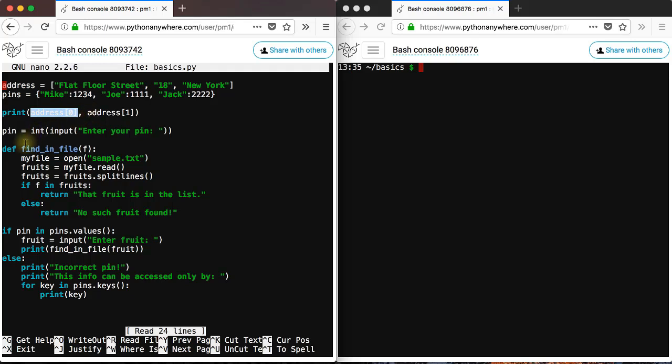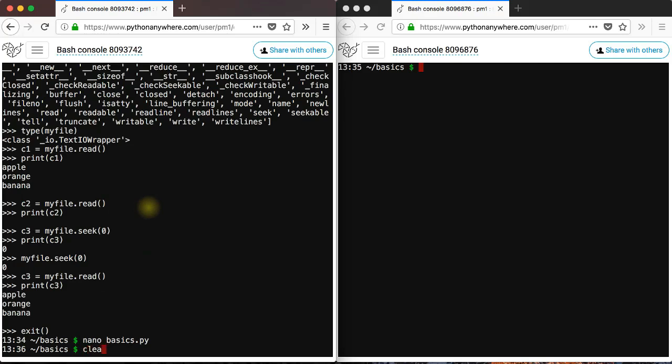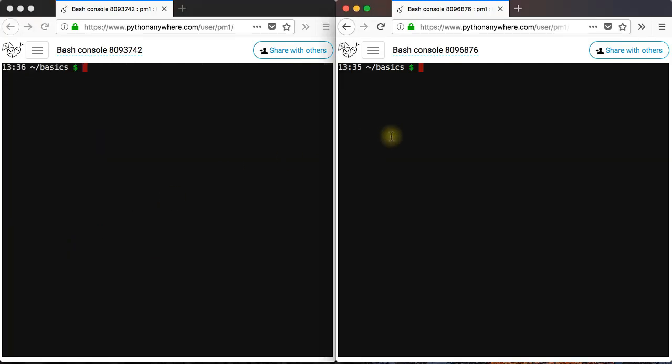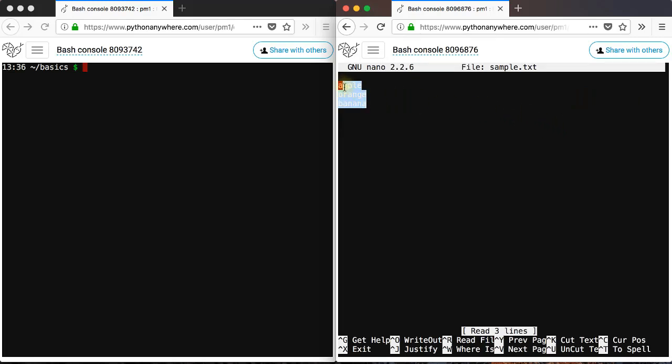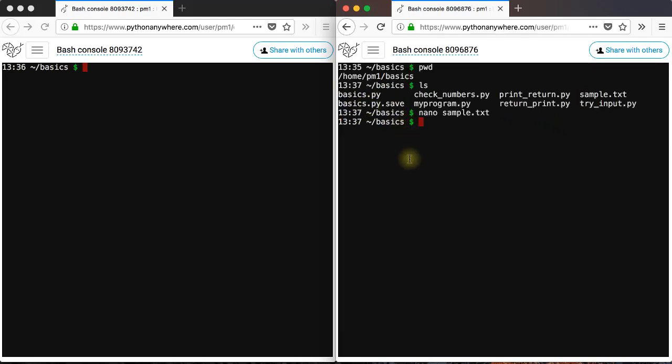And so now I'm going to close this script and demonstrate to you how to open and read text from text files from scratch. So this is the basics folder. It's in this directory, home pm1 basics, and here we have this sample.txt file in this directory, which looks like this. So what I'm going to do now is I'm going to create a program that opens that text file in Python and reads its content and displays,